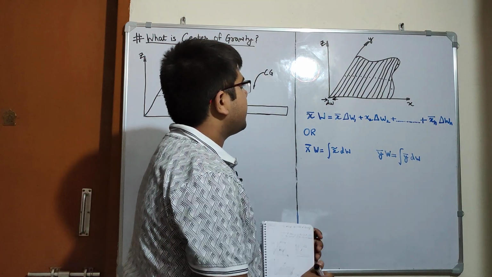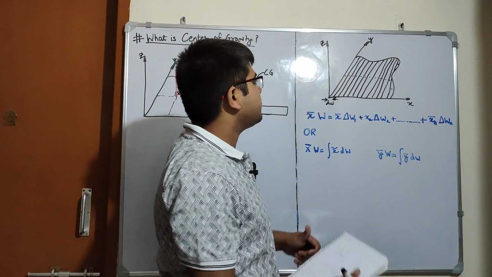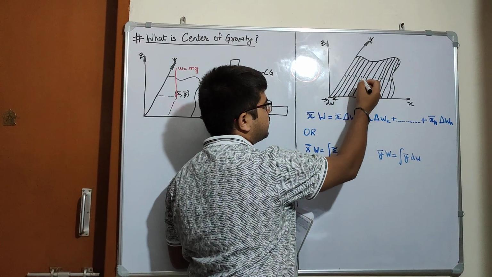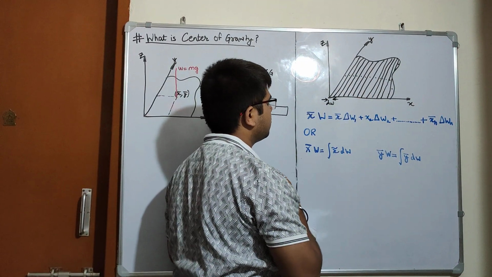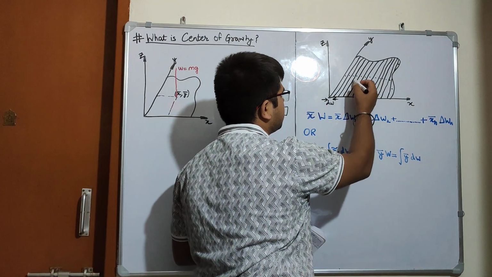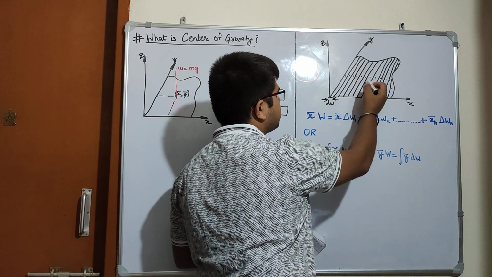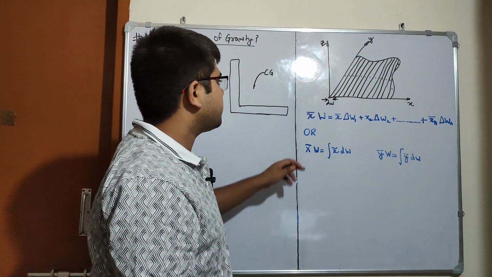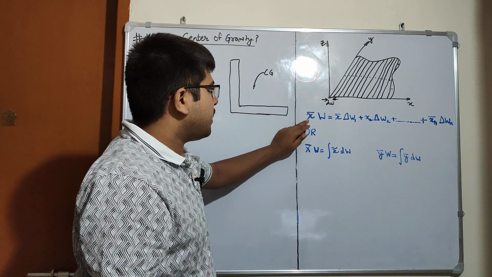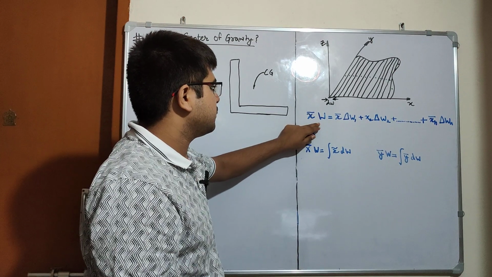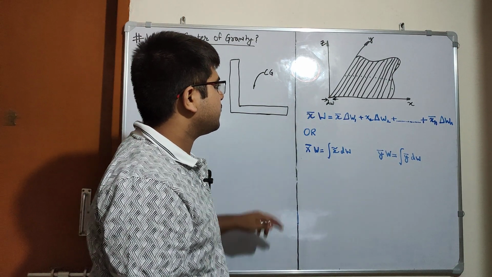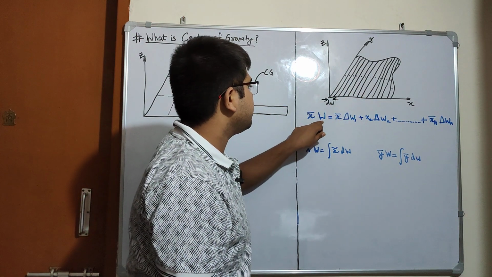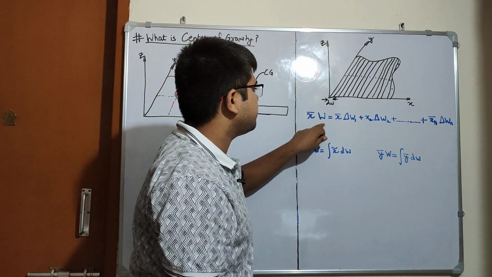And the center of gravity of each strip is shown here. So what we can say is that x bar into W, that is the center of gravity of the whole object into the weight of the object, is equal to